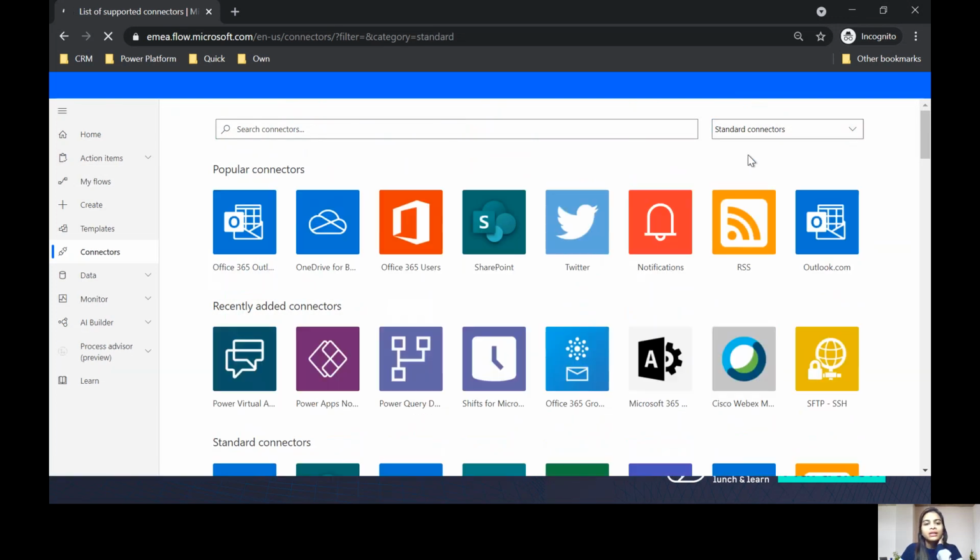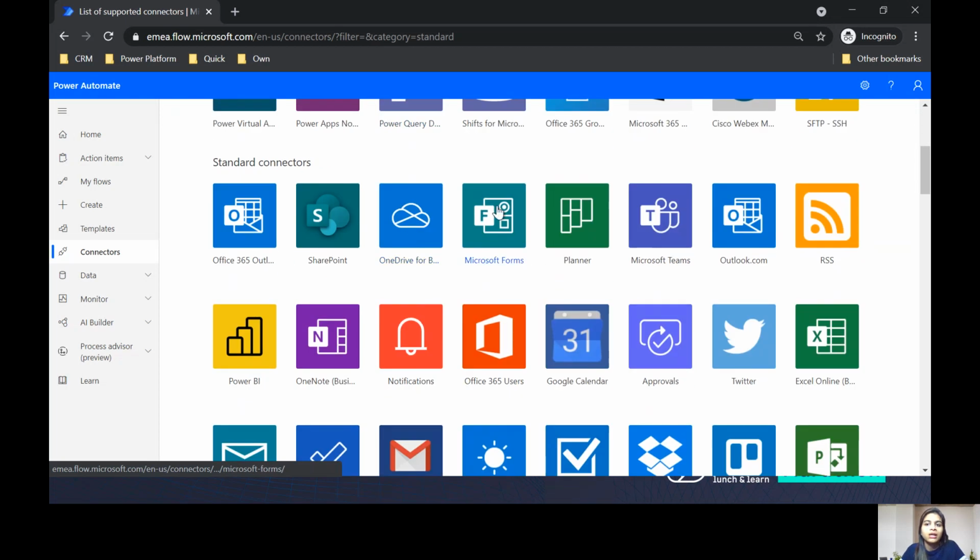Coming back to some standard connectors. All the connectors that are listed over here are free of cost. I mean, they will not charge you. You will not need a license to use them. So I'm going to show you in today's demo how to use the RSS feed. Why RSS feed? Because you don't have to always Google stuff, right? You can always get the information delivered in your own inbox. And then second would be leveraging Excel Online, because that is another file that we use a lot in our daily life.